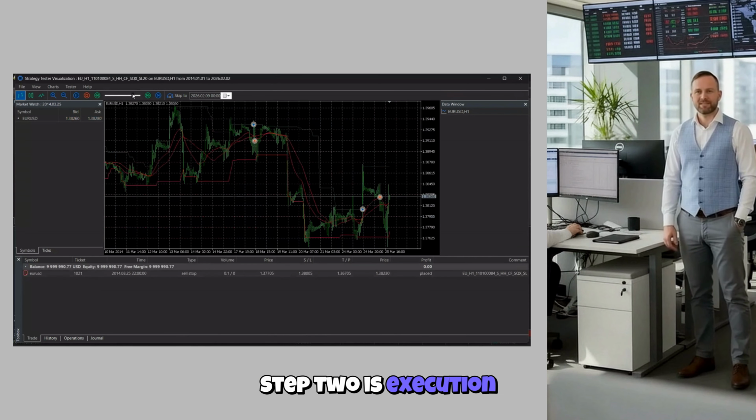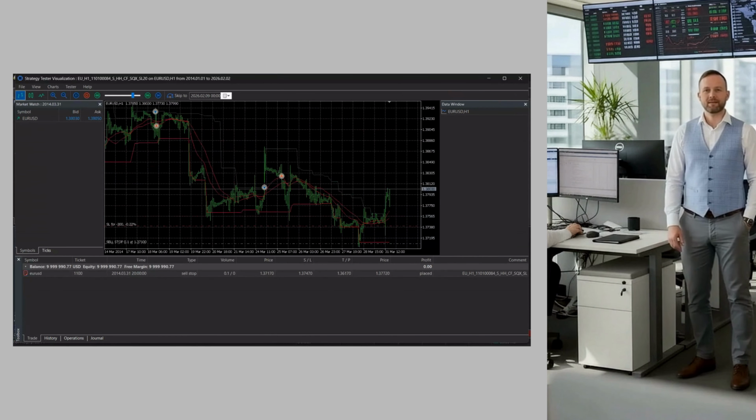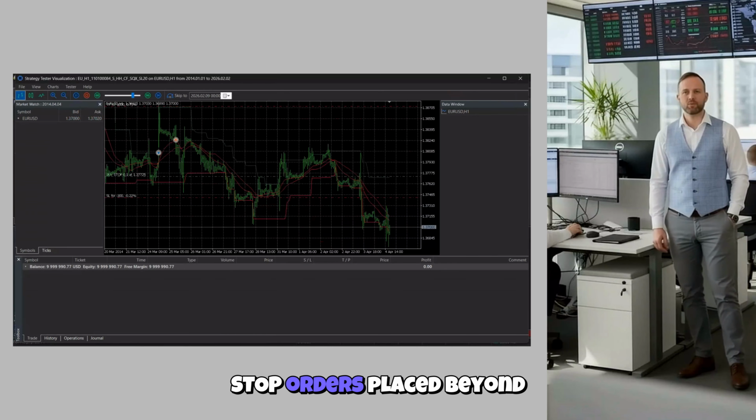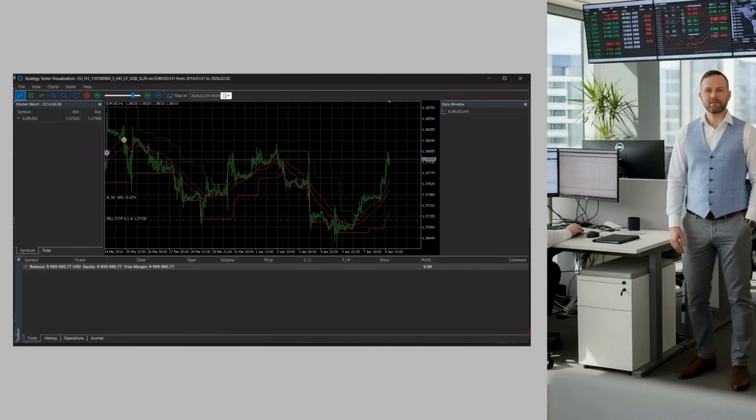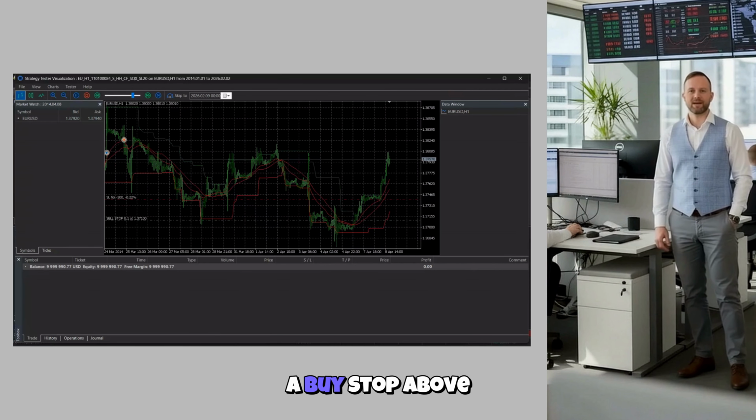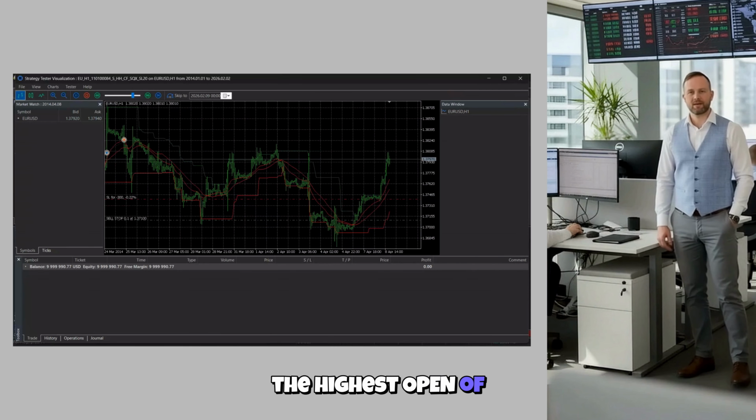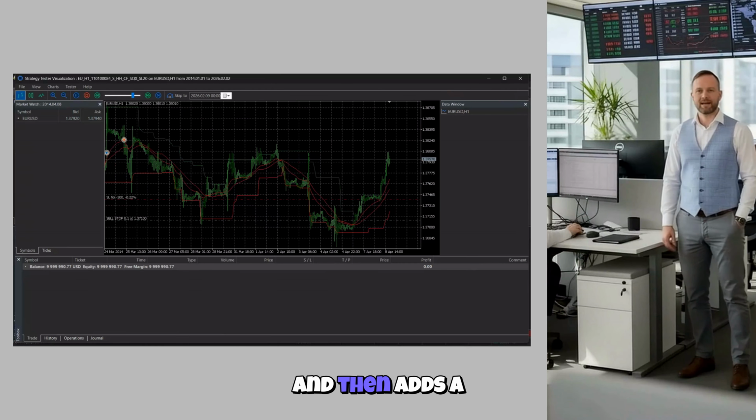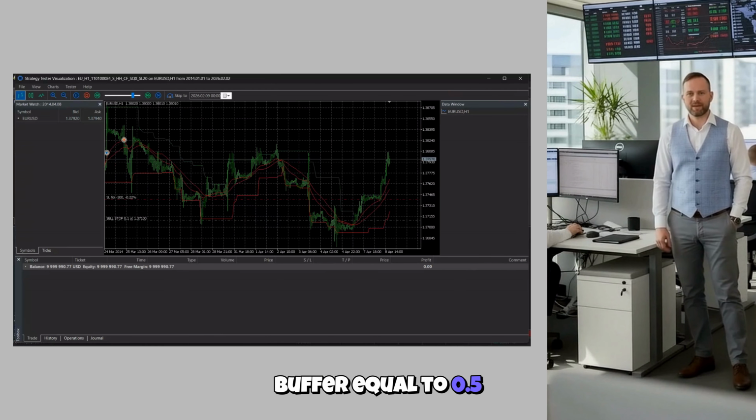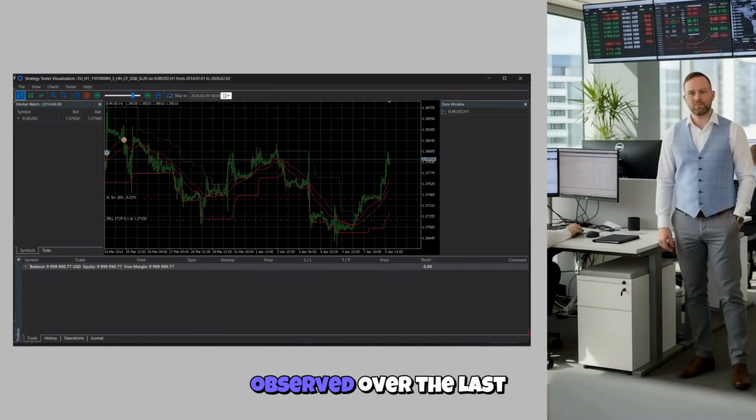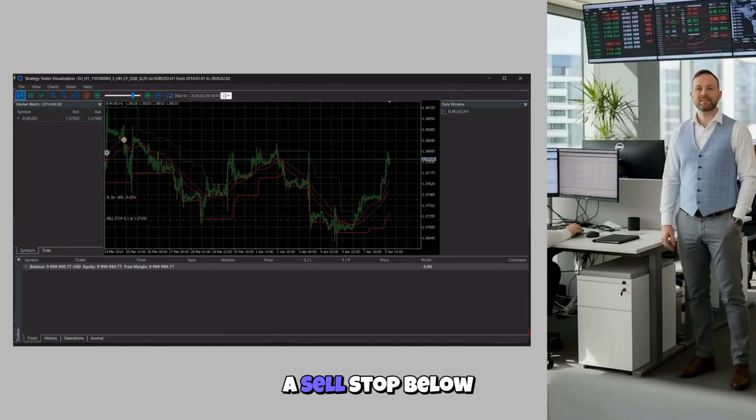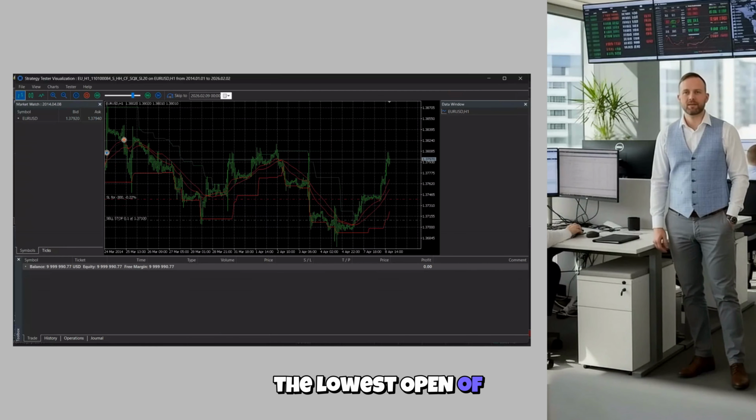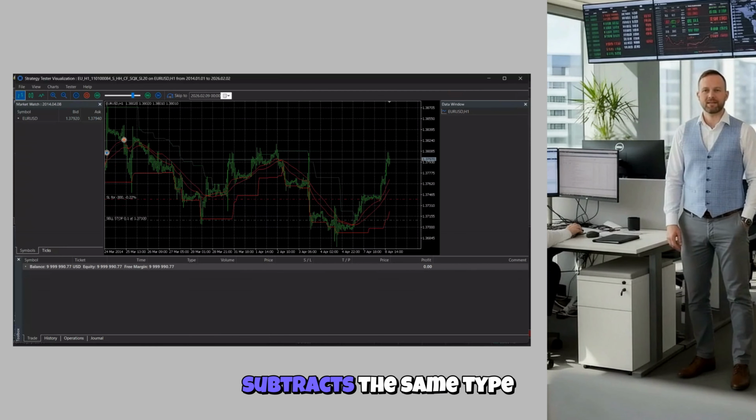Step 2 is execution, and this is the key. The strategy uses pending stop orders placed beyond recent structure, plus a volatility buffer. For longs, it places a buy stop above the highest open of the last 30 bars, and then adds a buffer equal to 0.5 times the smallest range observed over the last 25 bars. For shorts, it places a sell stop below the lowest open of the last 30 bars and subtracts the same